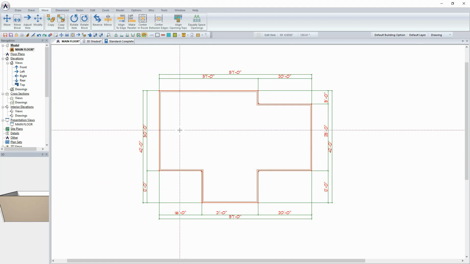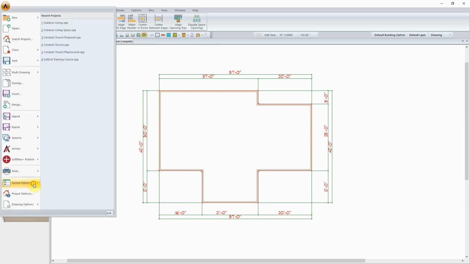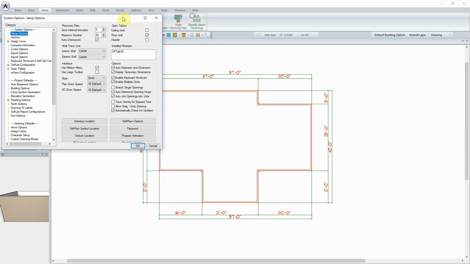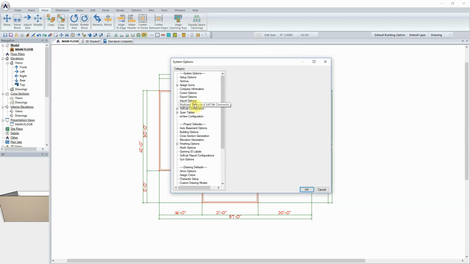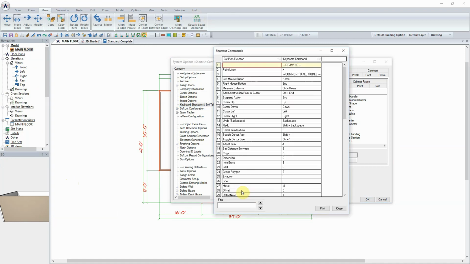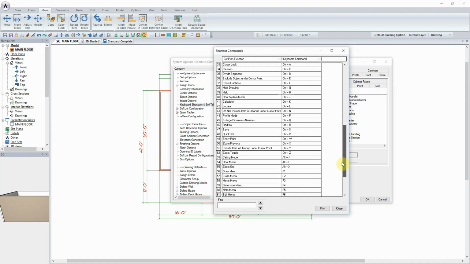As far as that, just hitting Control-C, and Control-S is going to do the save. And I would show this to you if you go into File and System Options. What I would tell you to do is come into the keyboard shortcuts and soft talk commands, and just click on Keyboard. This will give you the complete list of all of the keyboard shortcuts that ship with the